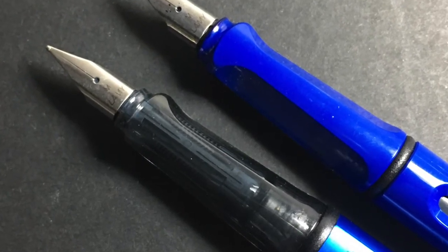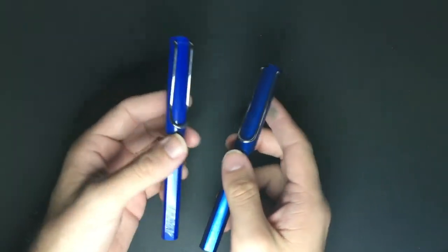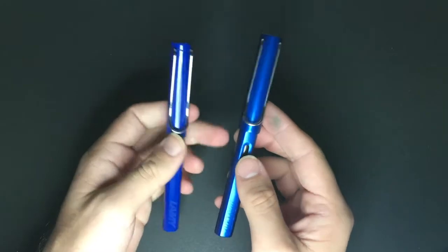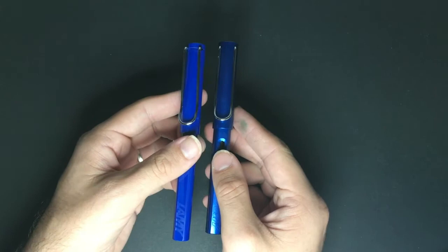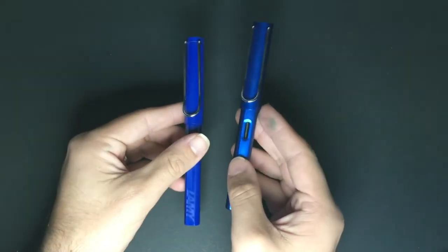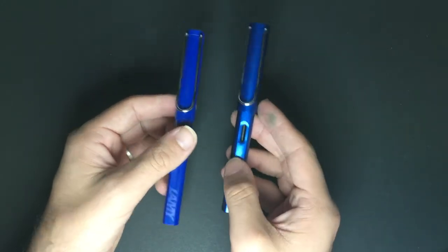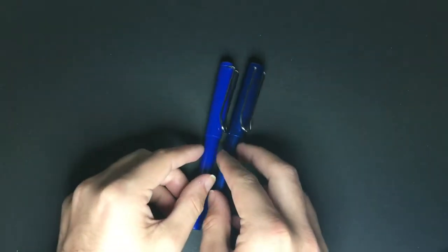The other big difference between these pens is price. So what are we talking? Australian dollars in store, we're talking $50 and $70. So the difference of $20 between the ABS plastic and the anodized aluminium. Now online, I looked at the website of one major retailer, and the standard retail price is $37 and $47 American, but their listed price is $29.60 and $37.60. So there is still a substantial price difference between the two models